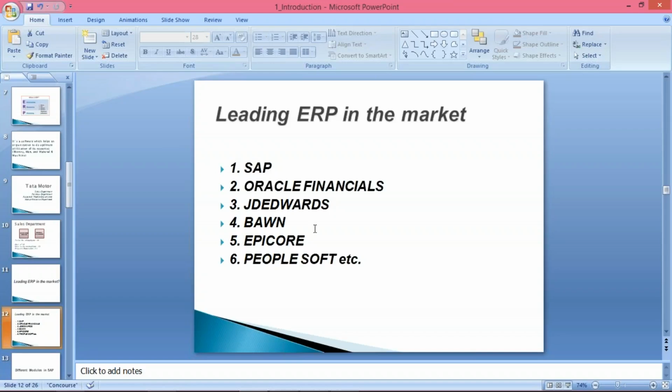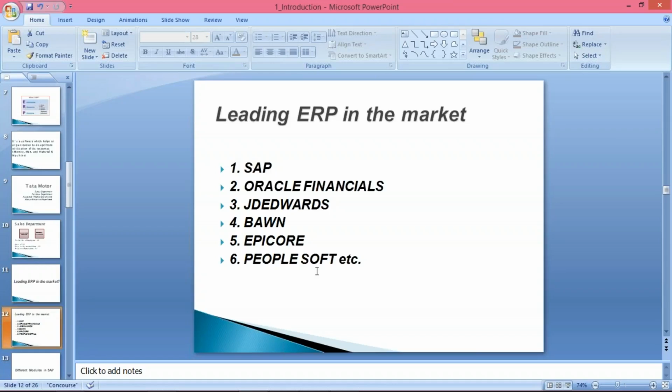Apart from this, there are Oracle, JD Edwards, Baan, Epicor, PeopleSoft, even Navision and Tally, and several small ERPs and small software in the market. Some ERPs have been developed industry-wise, for example for retail. Whatever medical shops or small shops are there, somebody has developed a different software which is helpful for them.